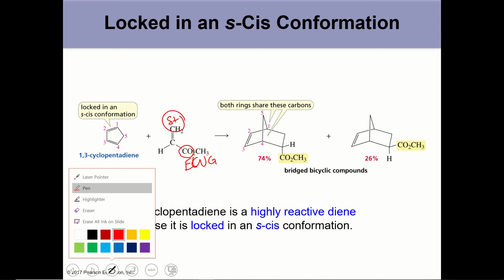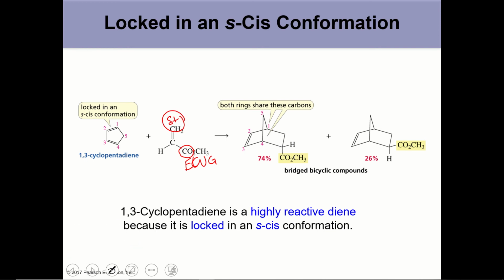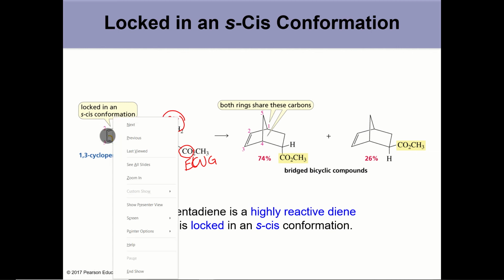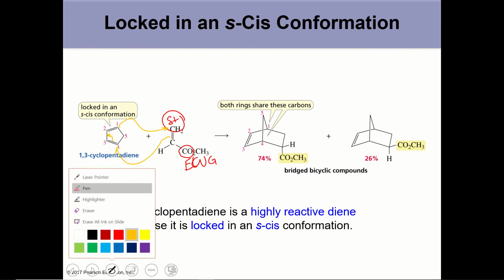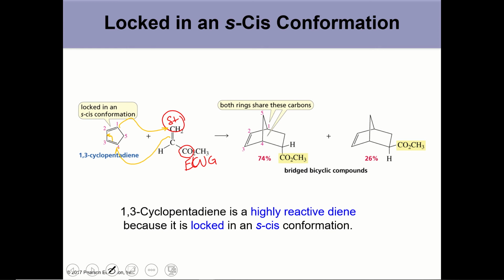And that means that carbon 1 of our diene will bond at this more positive carbon, and then the dienophile pi electrons go and bond at carbon 4, and the pi electrons between carbons 3 and 4 of the diene move to carbons 2 and 3. What that means is that when you draw the product, you can draw the product in two ways. You can draw it